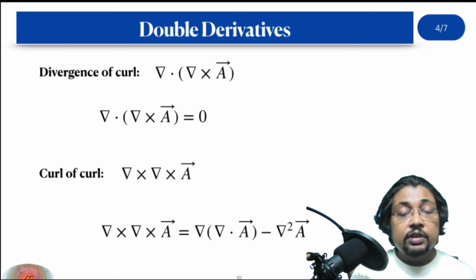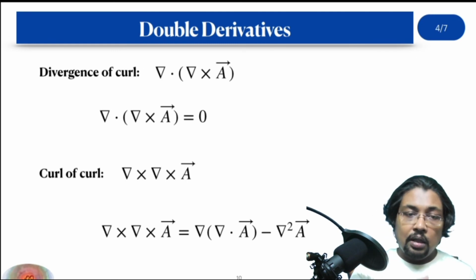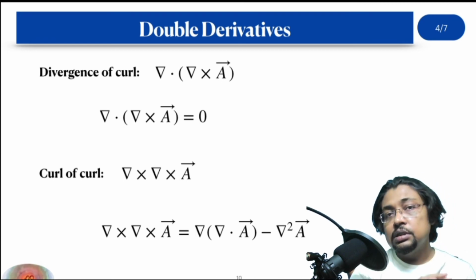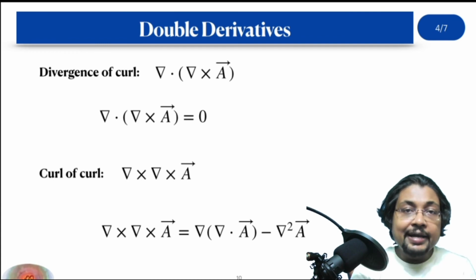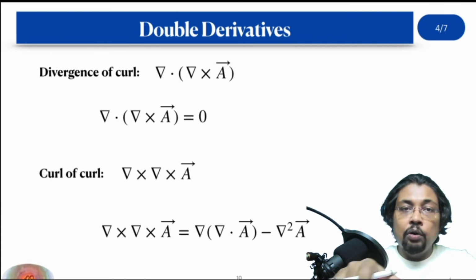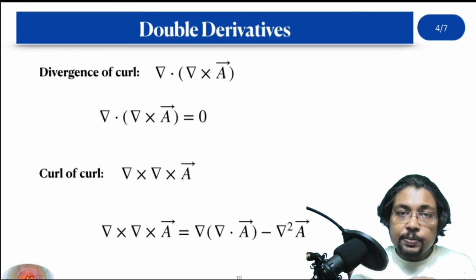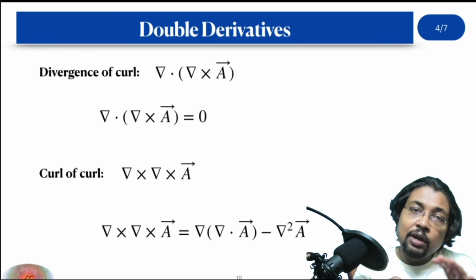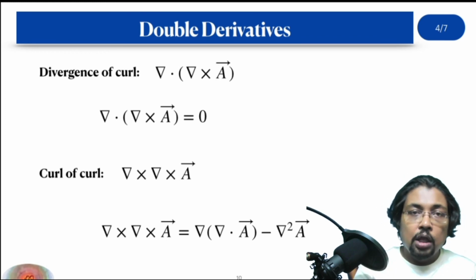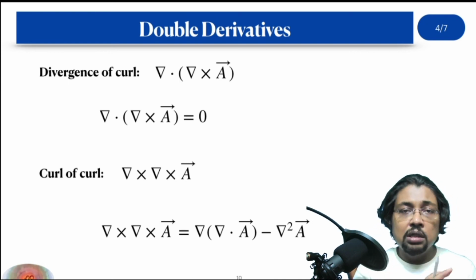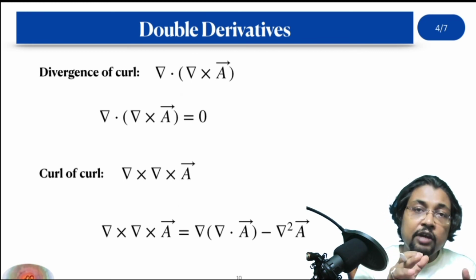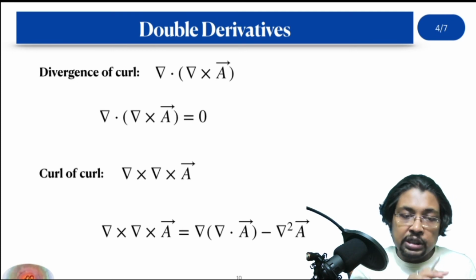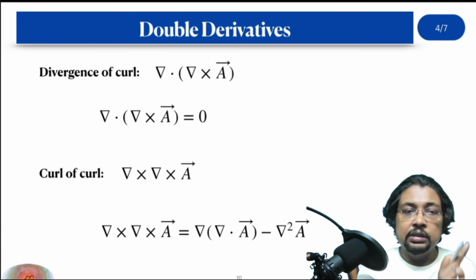Next one is the divergence of curl. Curl of a vector means the rotation of a vector. Divergence means the rate at which the vector is spreading out. So if something is rotating, it cannot diverge purely. Yes, there may be some vector which can have a spiral propagation, which means that when the vector gets diverged, it is also rotating. So it is diverging as well as rotating. Suppose like this.